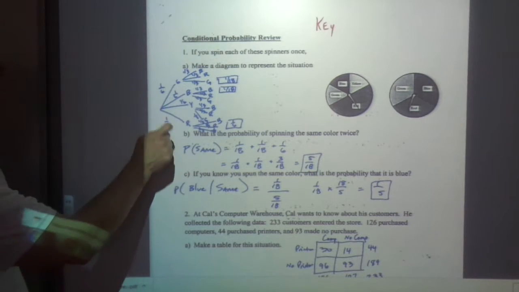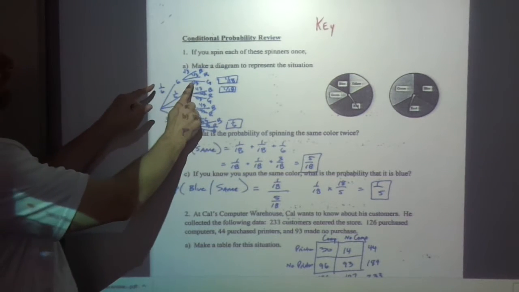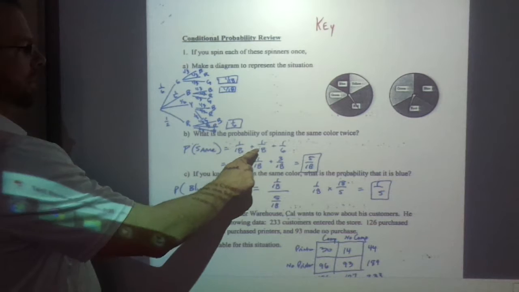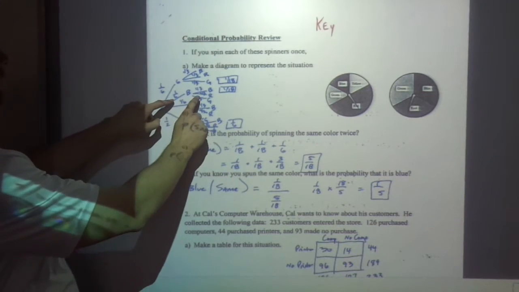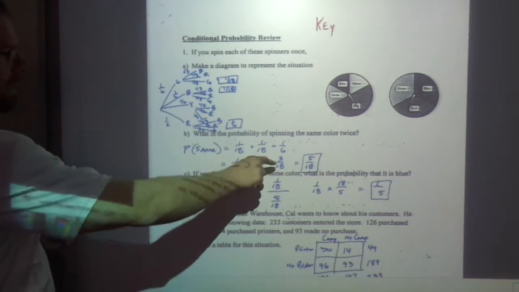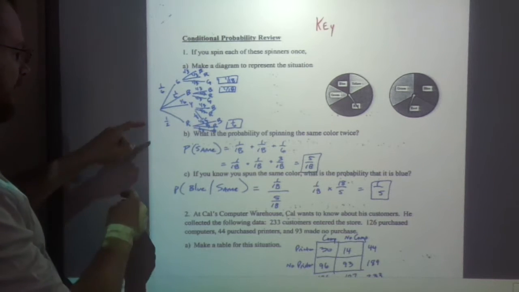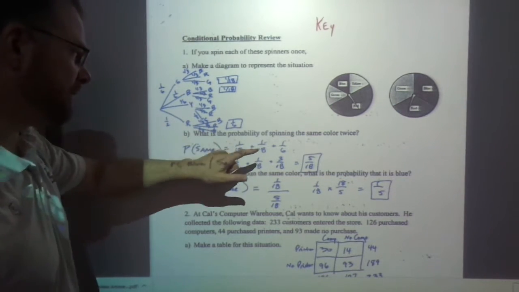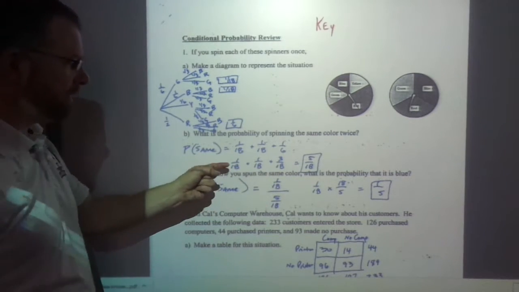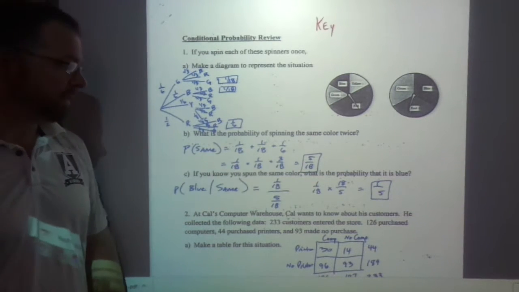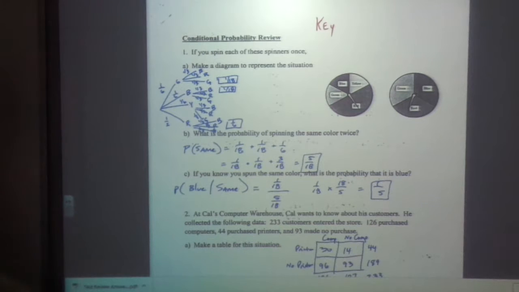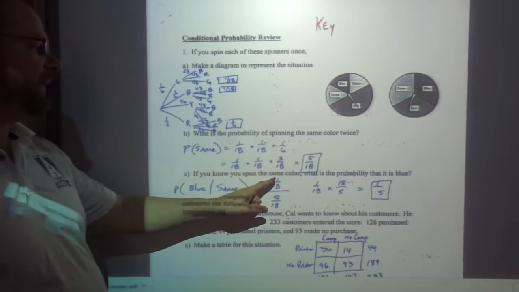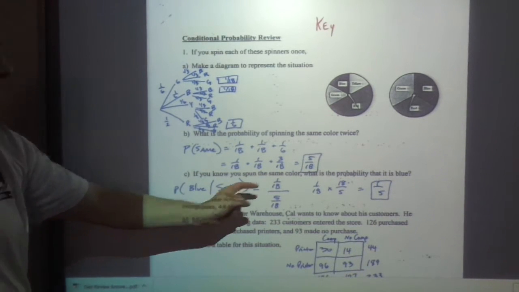They could be the same if it was green, green, so these you get to multiply to be 1/18. This one would be blue, blue, 1/6 times 1/3, and this would be red, red, which is 1/2 times 1/3, which is 1/6. When you're adding fractions, we need to change to a common denominator, and then add the top, so 5/18. The second question says, if you know you spun the same color, so that's the condition, what's the